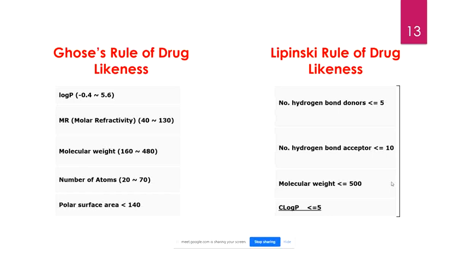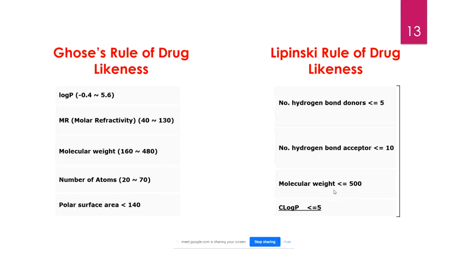Okay, so this was actually the criteria for the drug that was told by Lipinski, and this rule is also known as the rule of 5. Why? Because each of the criteria is actually a multiple of 5. That's why it's also known as the rule of 5, or the Pfizer rule. Why? Because the drug company Pfizer follows this rule. They develop molecules according to this rule, because Lipinski used to work at Pfizer.